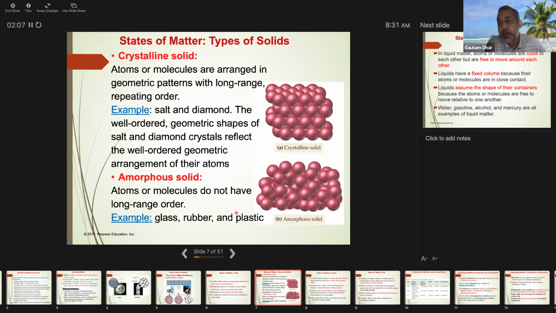So they are solid, but as you know, rubber. If you take a rubber or a plastic thing like a dough, they are solid, but there is no definite arrangement, so you can deform it very easily. Okay, there is no rigidity there.